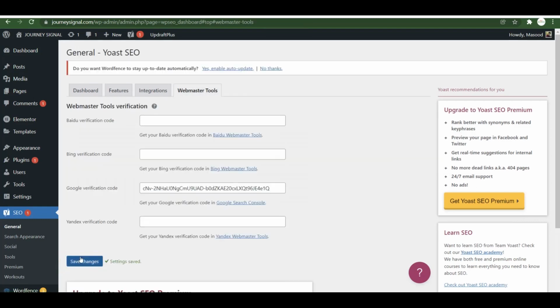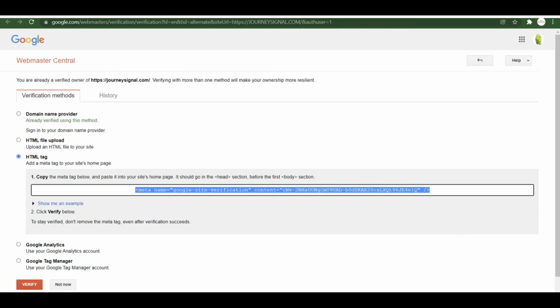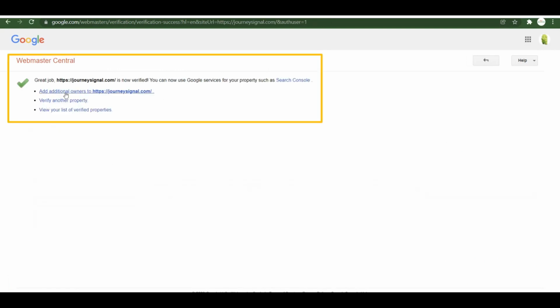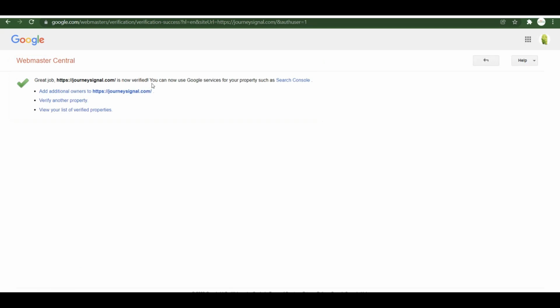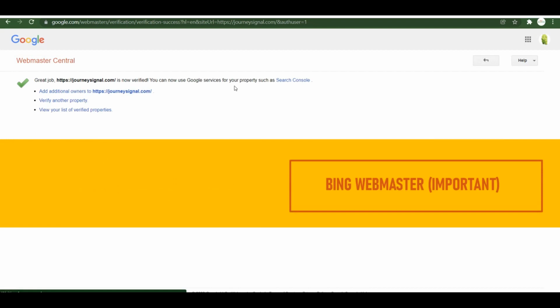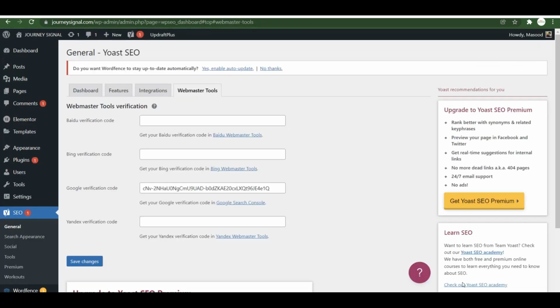So once it's saved, then go to your Search Console. Then you can click Verify. So once you click Verify, now your website has been verified in Webmaster Center. Now it's time to connect to Bing Webmaster. So Bing Webmaster is Microsoft's. So your blog will be visible in